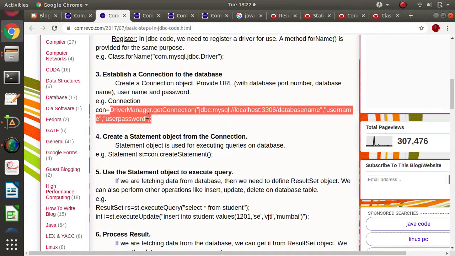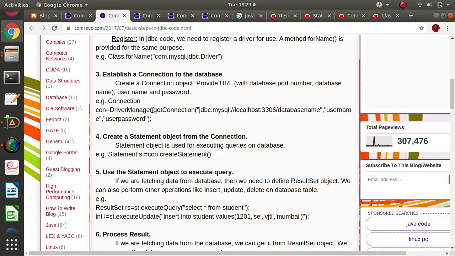Its implementation is provided by the DriverManager class. By using this DriverManager class, we are calling the getConnection method. As it is a static method, we can use it through the class DriverManager.